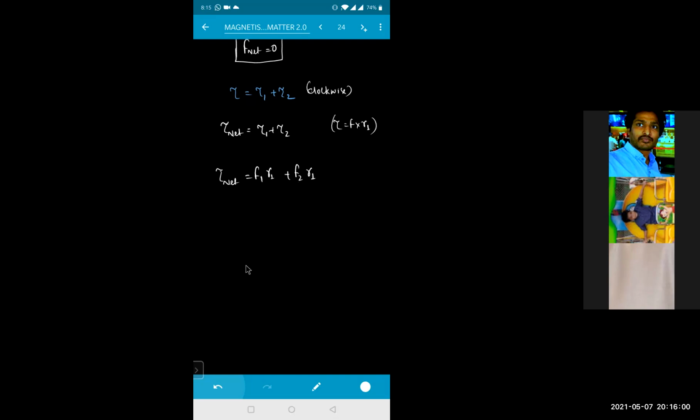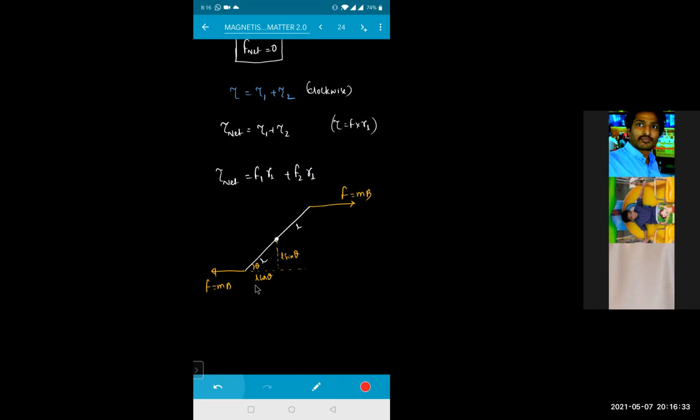See, I'll draw the free body diagram, we'll get clarity. This is your center, this is your L and this is your L. Now see how I'm drawing the forces. On this end a force acts, here F equals M into B, and here also a force acts, so this will be F equals M into B, isn't it? And this one is making angle theta with respect to the magnetic field. This is L, this is theta. If I resolve this, this will become L cos theta here, and this will become L sin theta.